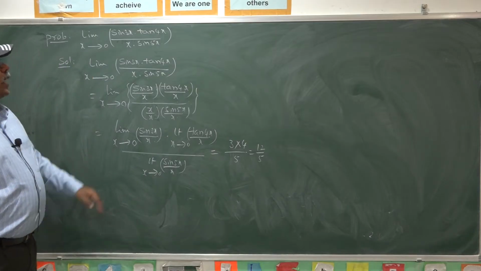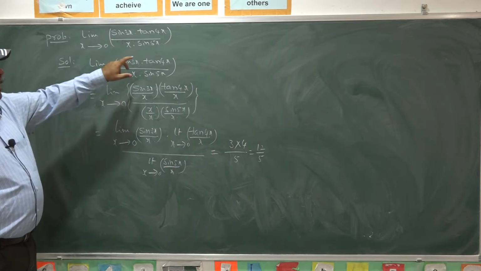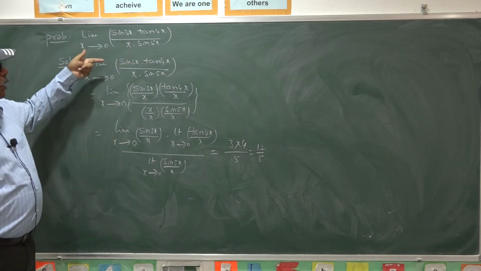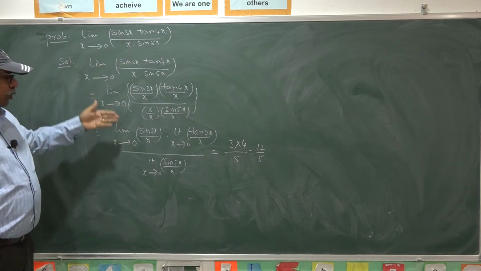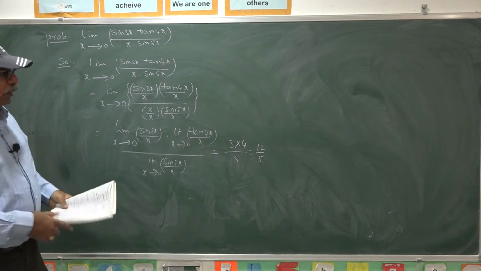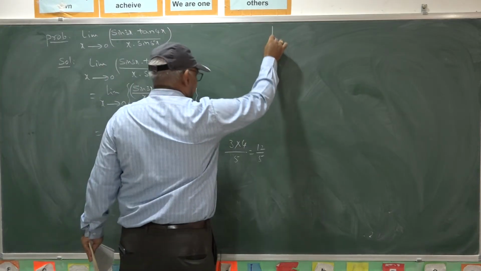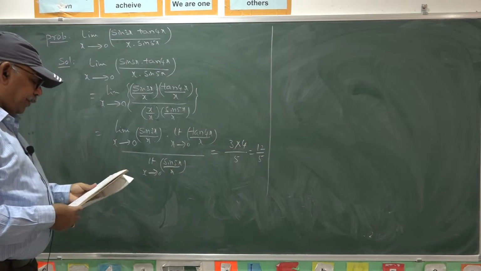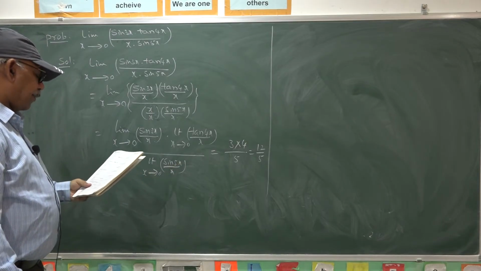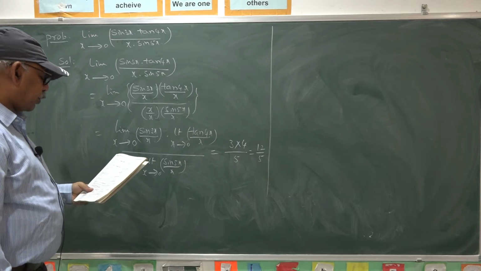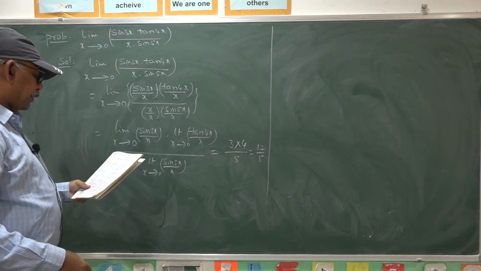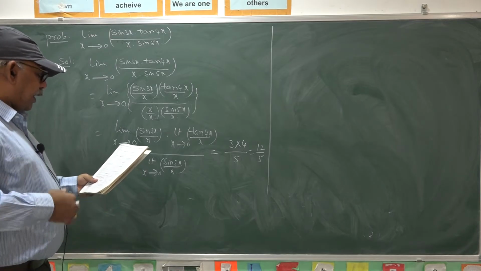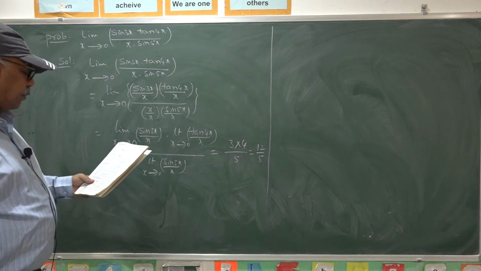Like that, based on the function, by simple modification, here we reduce the given limit to the known limits. That is the way of dealing with the limits of trigonometric functions. Not only trigonometric functions, for any function you have to reduce to the known formula and evaluate the limit. That is the procedure here.